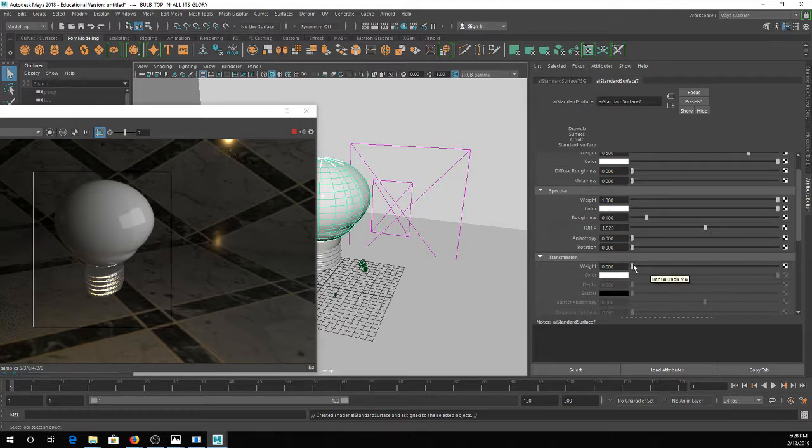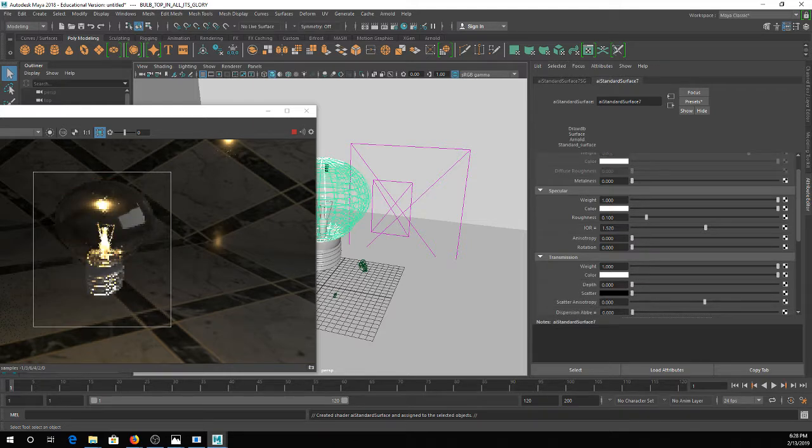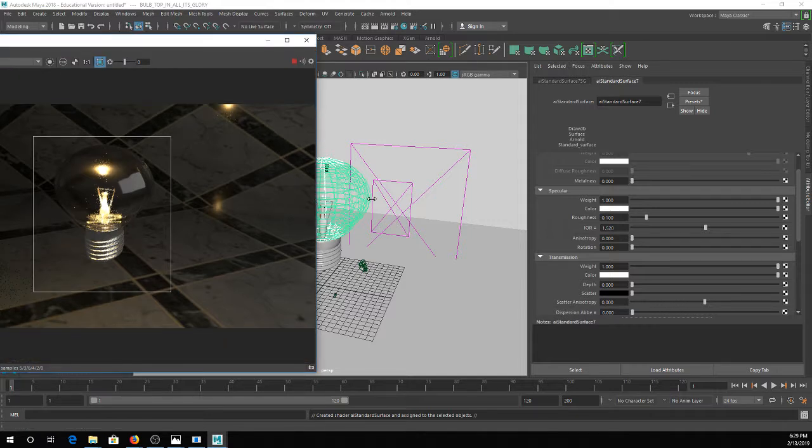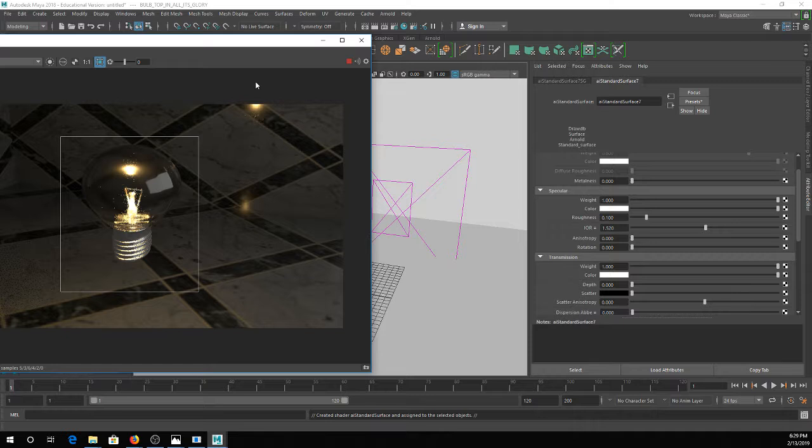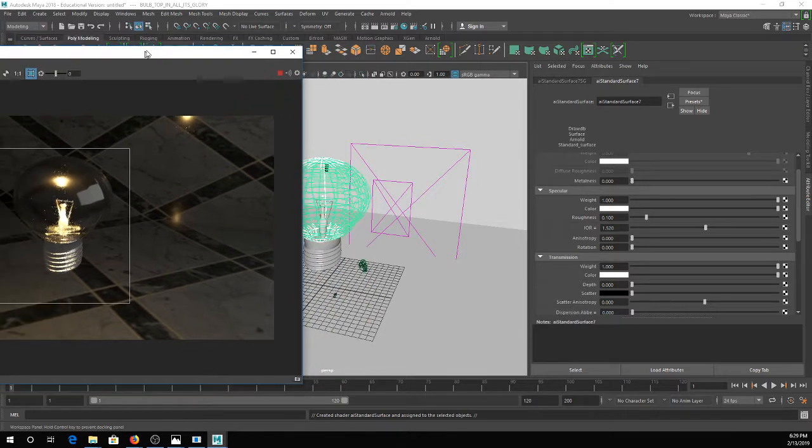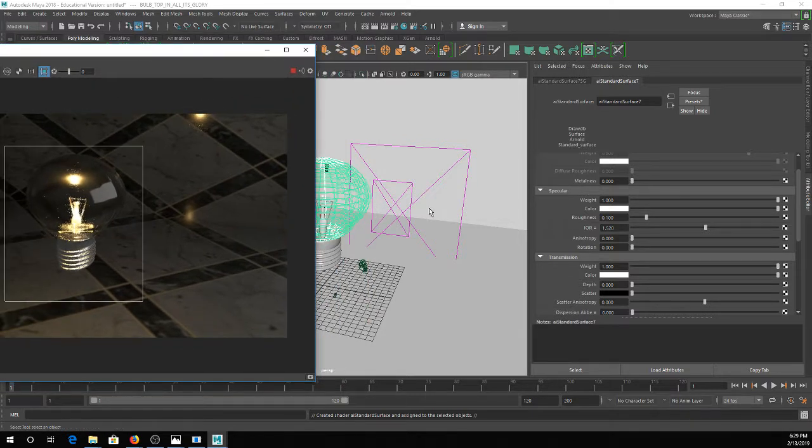And if I wanted to make that clear, I would just turn the transmission all the way up to 1. And you can see that now there's a little bit of refraction, some distortion from this light bulb, where it is actually see-through and transparent and reflecting the stuff behind it,